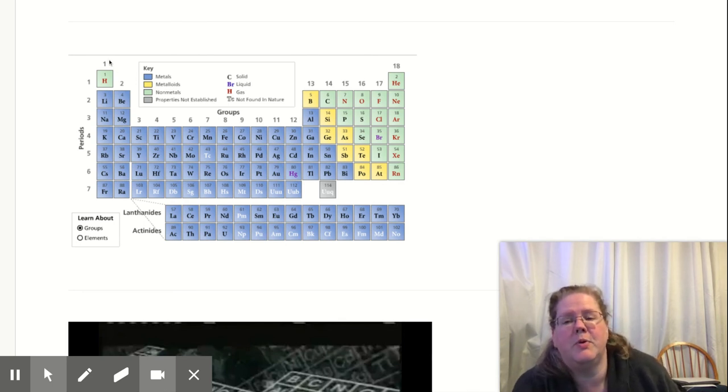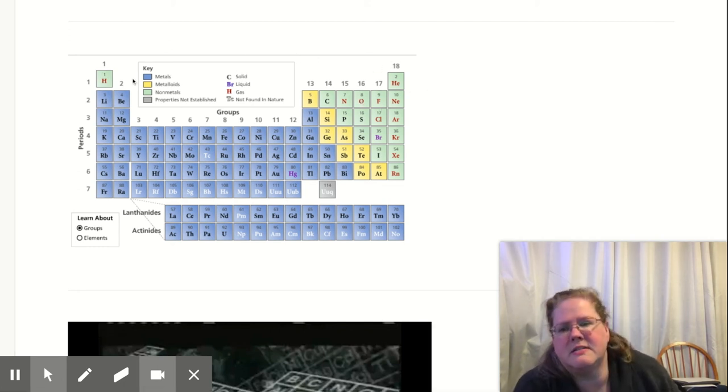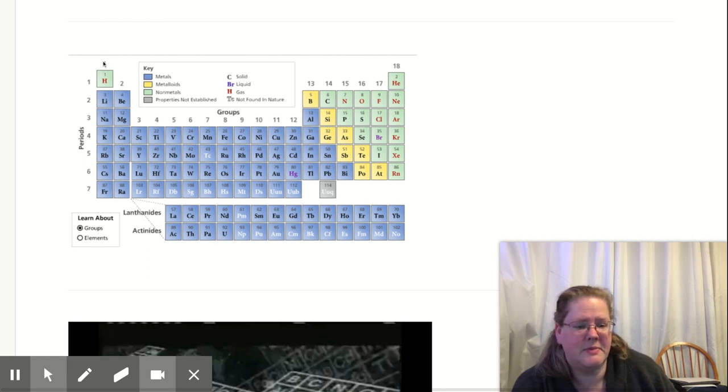Again, remembering that the groups tend to have trends. The families have characteristics that are the same. Everything in this first column, those alkaline metals, and then we've got the nitrogen family, the oxygen family, the noble gases. They all have similar characteristics. So as we're looking at it, everything here gets more explosive. This is a little less explosive, but the other thing is this number up here tells me how many valence